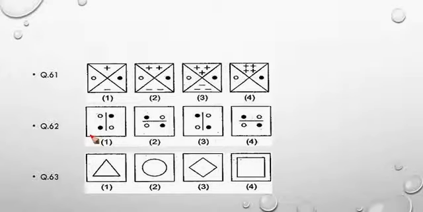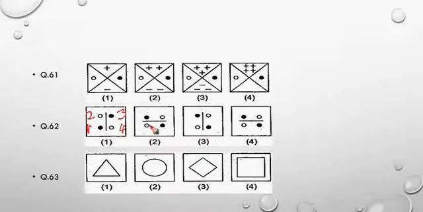In the case of the first problem figure, the dark circle comes at position 1 when we go clockwise. The second position is given to the blank circle. The third position is given to the dark circle, and the fourth position is given to